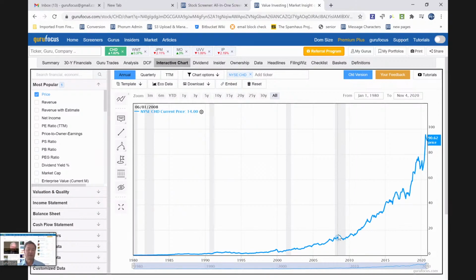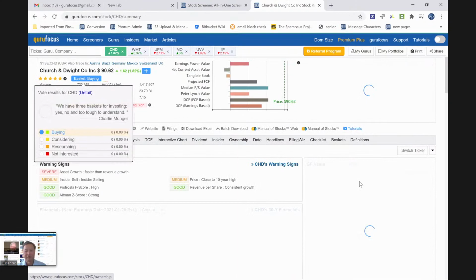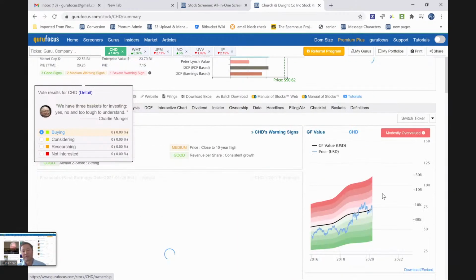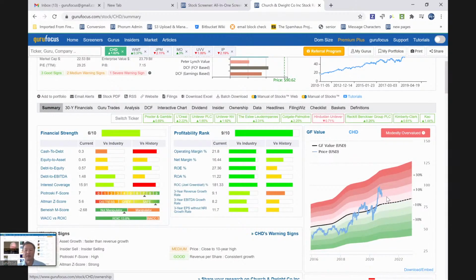And actually the most important factor I like about this company is the margin expansion. The company is able to expand its margins slowly for many years. The stock has been doing very well. If I buy this stock at this price, it's a little bit high. If we look at the GF Value line, yeah, it's slightly higher than the GF Value line. If you think long term, I think you can buy. If you think very long term, if you want to wait, you can wait for some time too. I'm not sure it will be lower by a lot, but